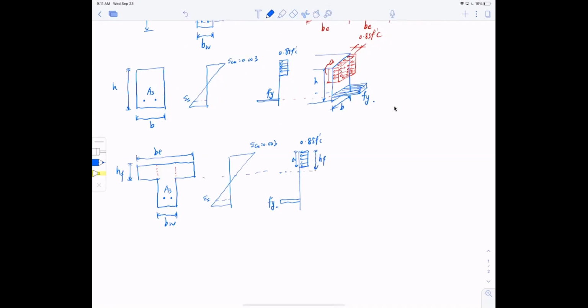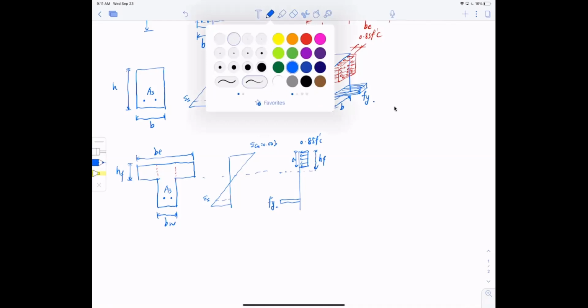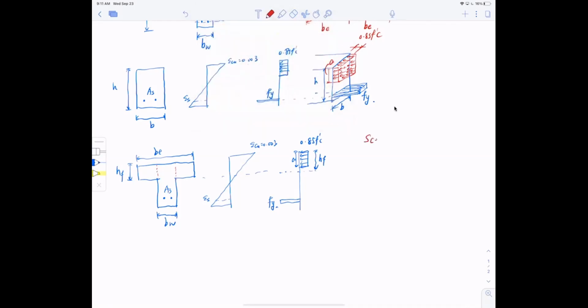So I call it scenario number 1. Scenario 1, that A happened to be smaller than or equal to HF. If A is smaller than or equal to HF, that means my compressive zone is within the flange, right? So in that case,